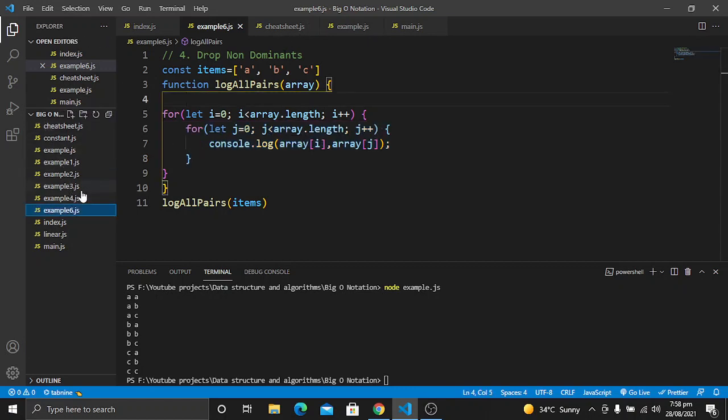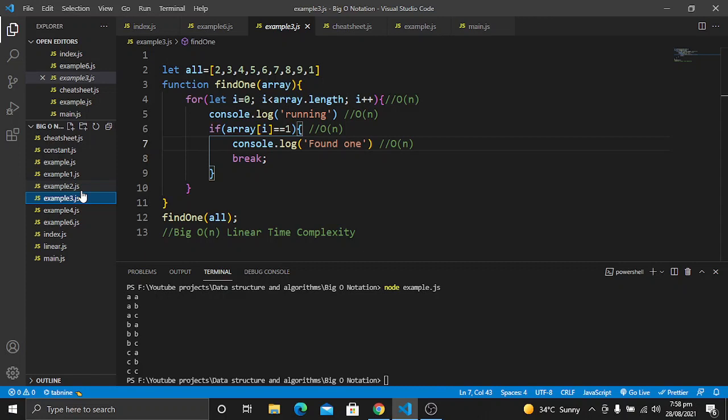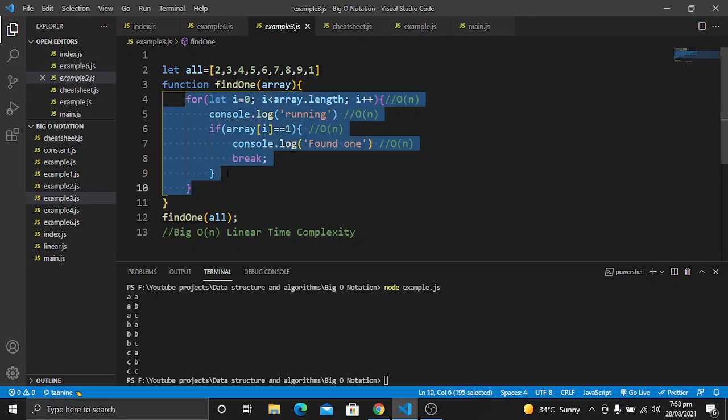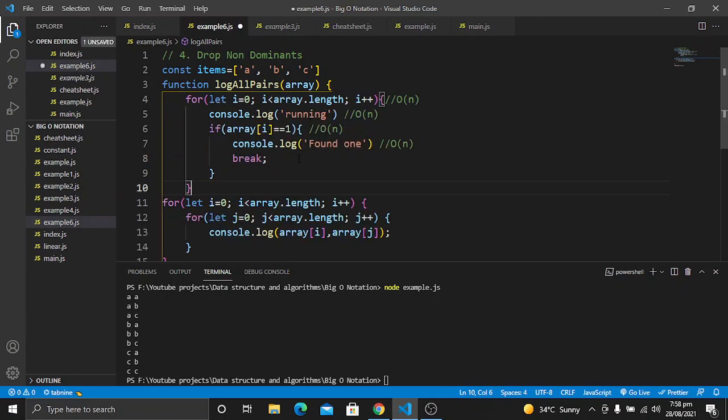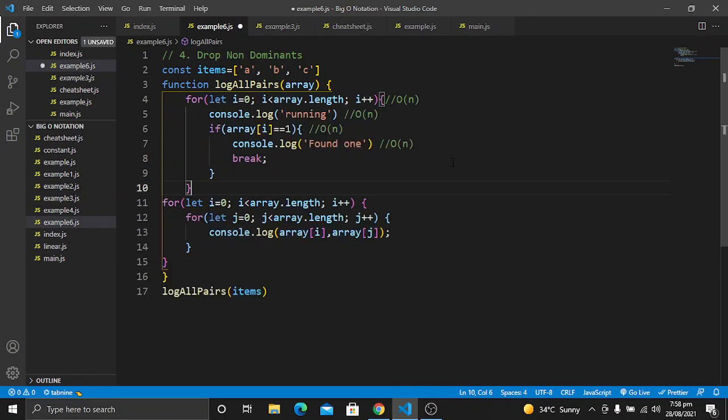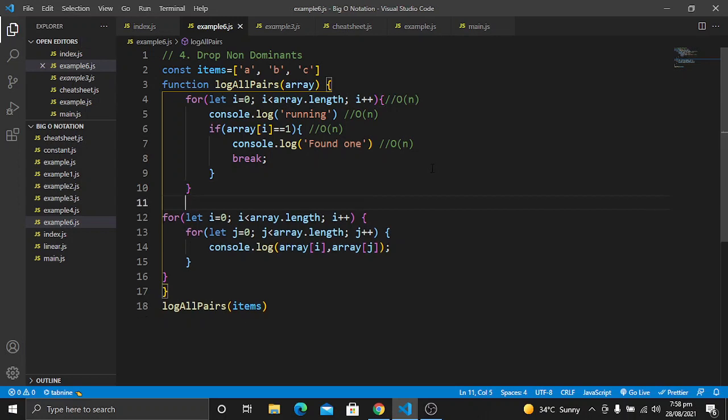In the previous examples we have created a for loop, so let's copy that for loop from here and paste it here, hide the terminal, and just focus here.